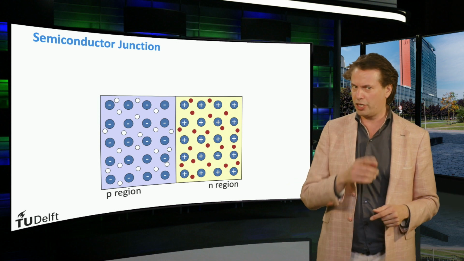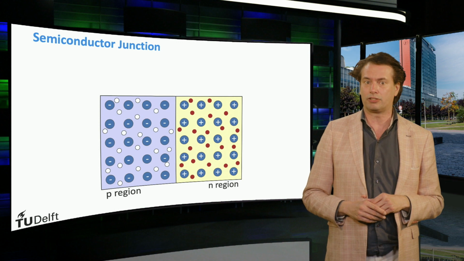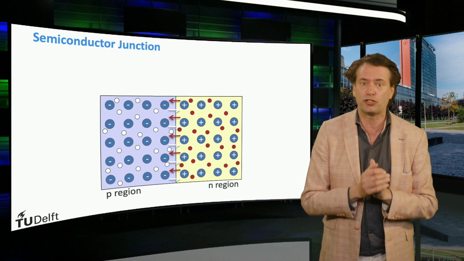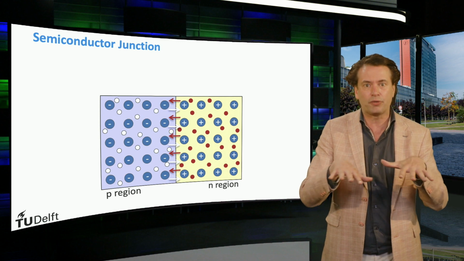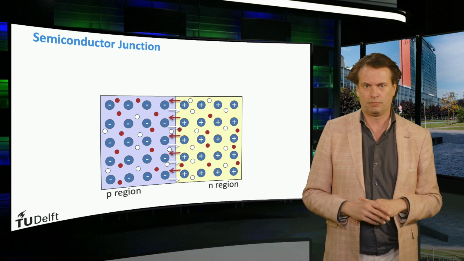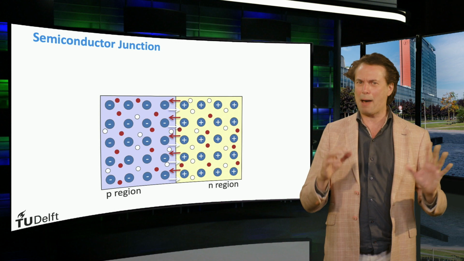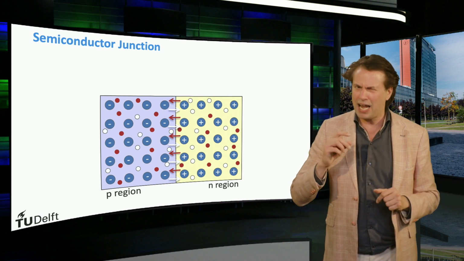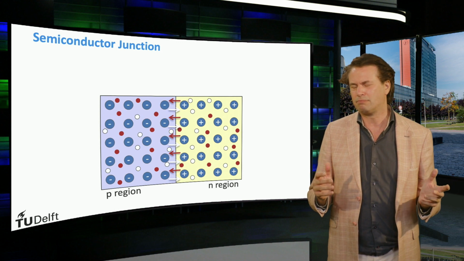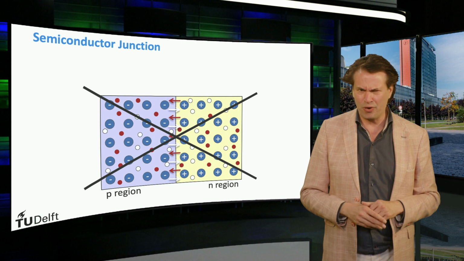As we discussed earlier this week, diffusion is driven by density gradients. So let's assume that the charge carriers diffuse until the point that the electron and hole densities are equally distributed over the P and the N region. The question to you is, will this really happen in nature? So let's take a moment to think about it. Will this happen? The answer is no. But why not?